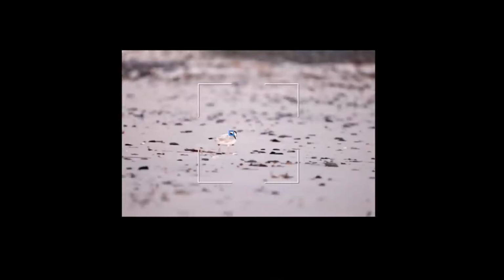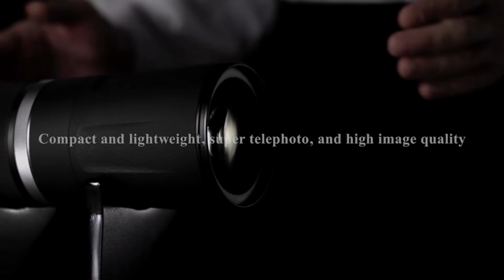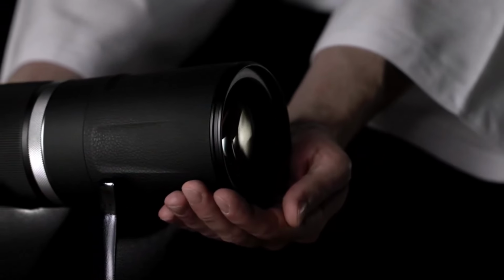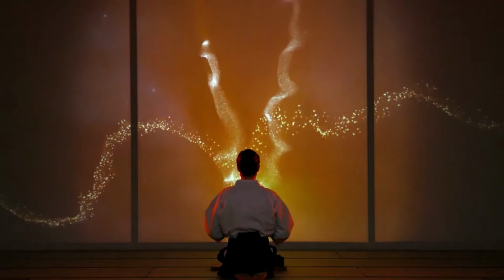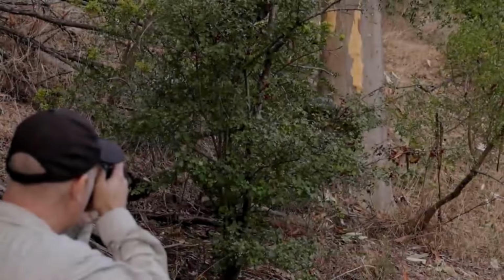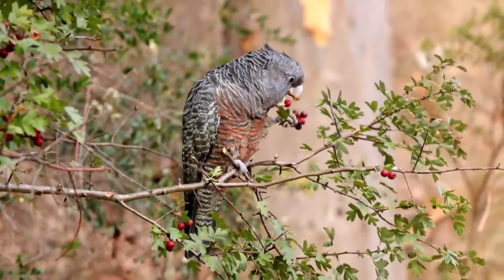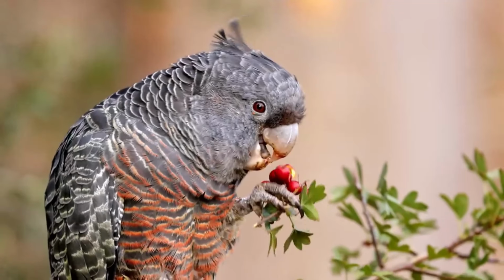Its fixed f11 aperture may feel limiting, particularly for wildlife photographers who prefer flexibility in low light, but it's the reason the lens is much smaller and lighter than DSLR equivalents. Weighing just 1,260 grams, this super-telephoto lens is comfortable for long shoots, and the effective optical image stabilization ensures sharper